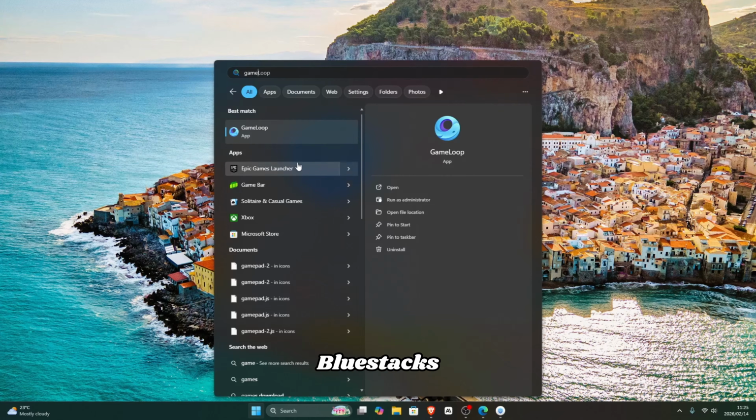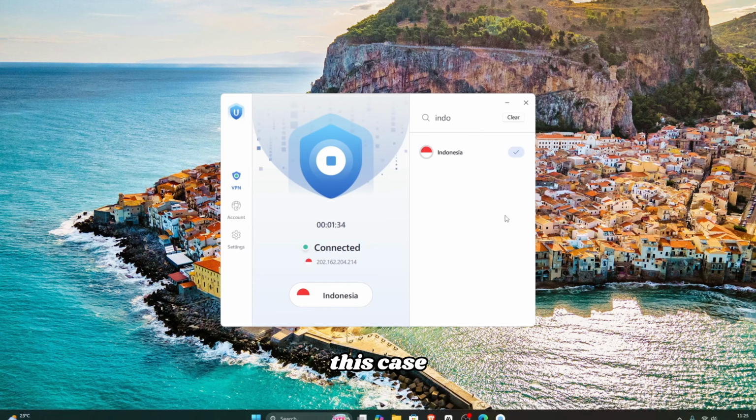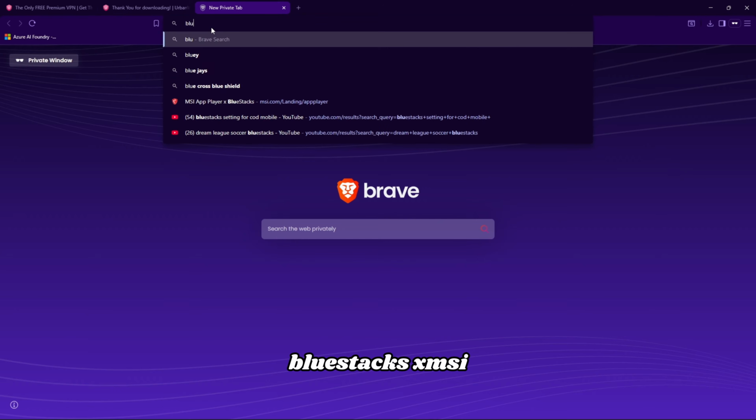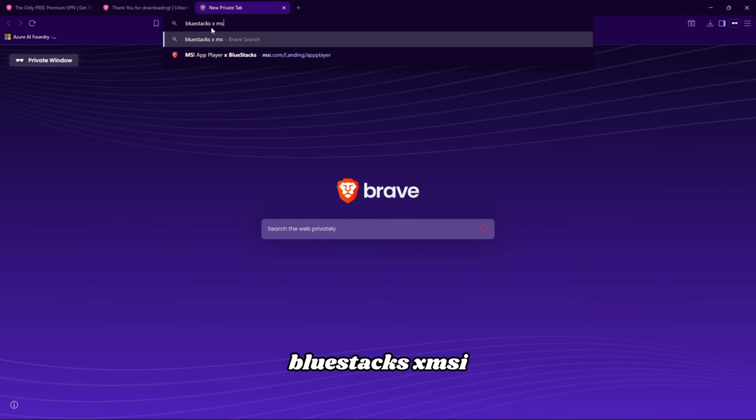If you play Call of Duty on BlueStacks, you will be banned, like how I was. Use the official emulator, which is Game Loop, but in this case we're going to be using BlueStacks. If you do not know how to install BlueStacks, all you're gonna do is type in BlueStacks X MSI,